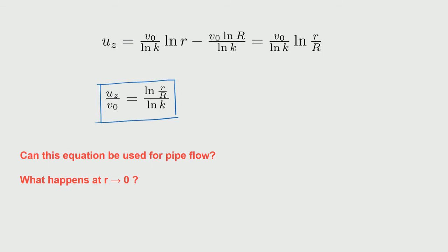Okay. Now here, can this equation be used for pipe flow? That is the situation where we say inner and outer, so r inner and r outer. So r inner is k into R, and r outer is R. So if k tends to 0, what does it imply? It means that you are making the annular region look like a cylindrical pipe flow problem that we have come across earlier. So can we use that equation for that problem?